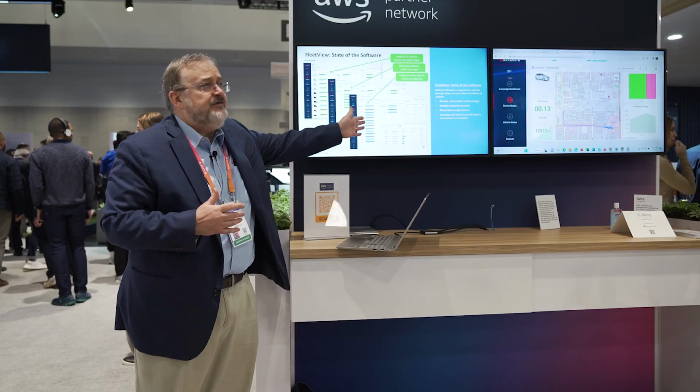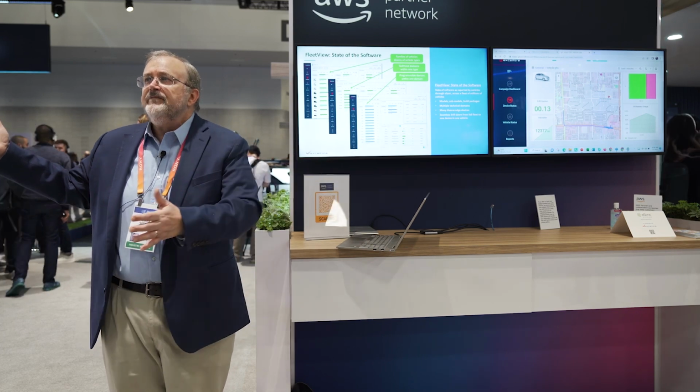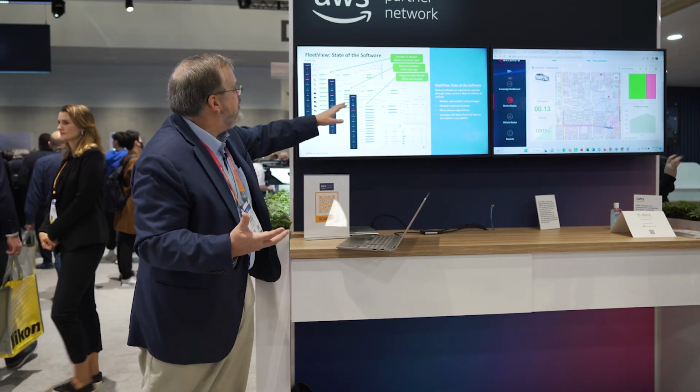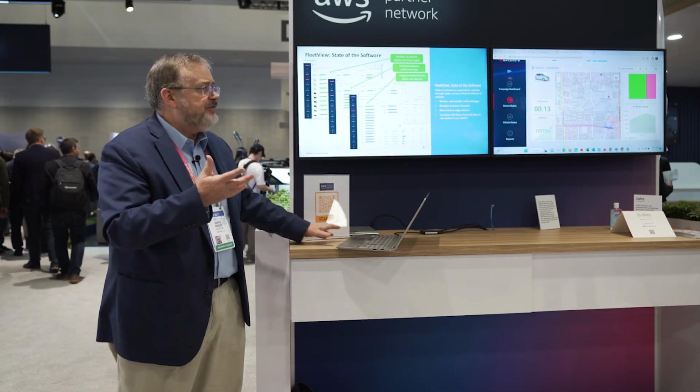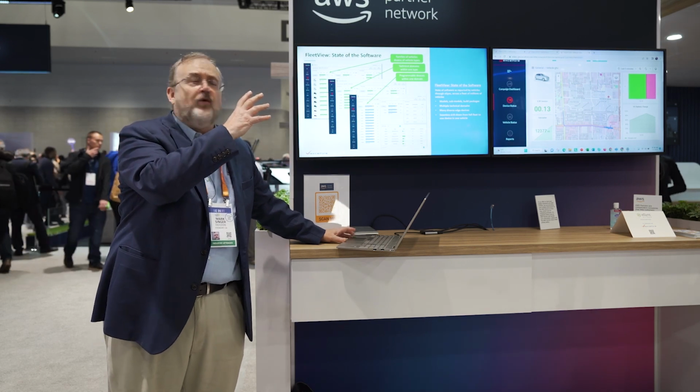And to see how many vehicles are in OTA campaigns, how many vehicles the consumer has rejected the update, not taken the update, if there have been any errors in the OTA process. You get to see that not only by vehicle, but by individual device within the vehicle, within the domain within the vehicle. All of that is provided through the Fleet View drill down. That's on the question of the state of the software.